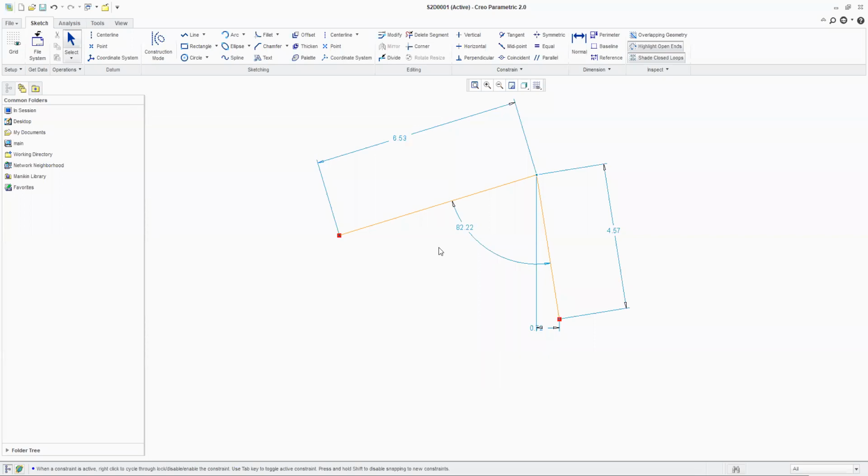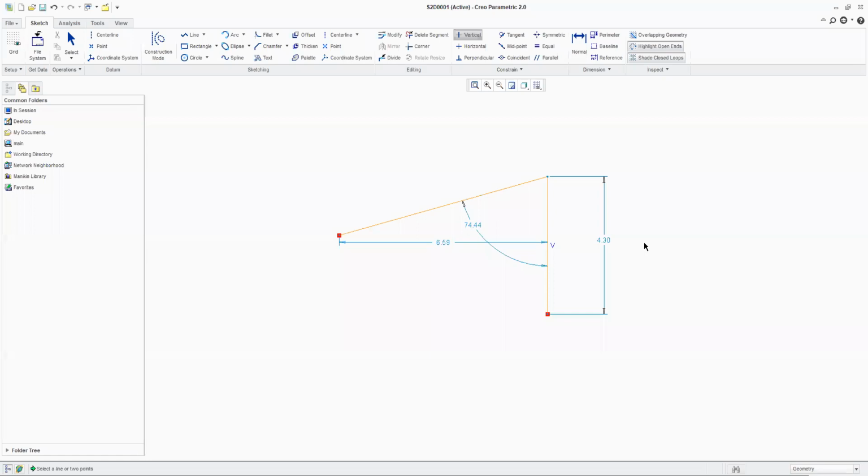Now we will see how we can give geometric constraints in Creo. All the geometric constraints are going to lie over here, out of which we have seen two constraints. One is vertical, the other is horizontal. So let us try to make this line vertical. It's presently an angular line. Very simple guys, very simple. You need to just come on vertical and select the object which you want to make vertical.